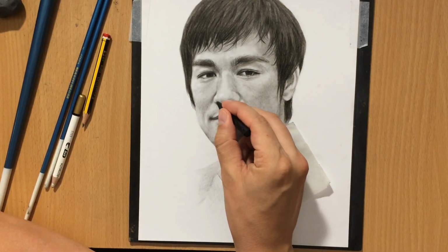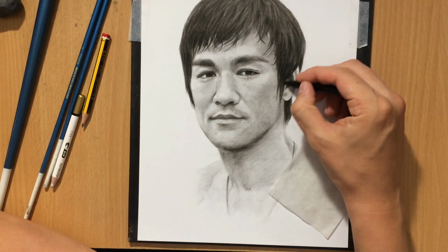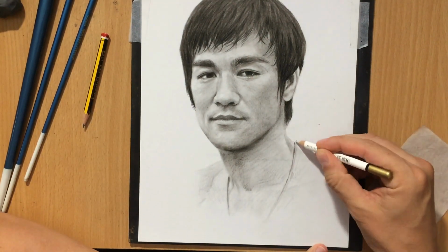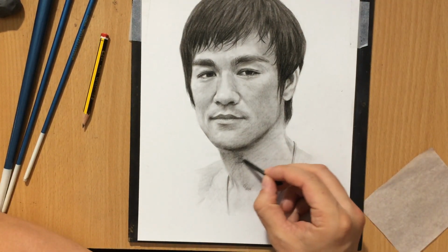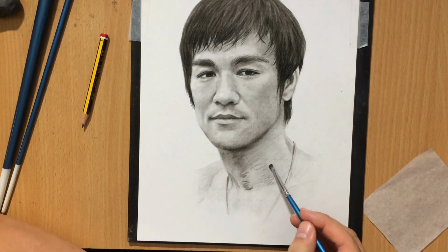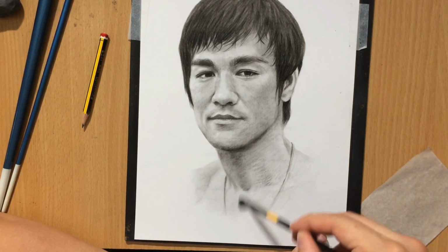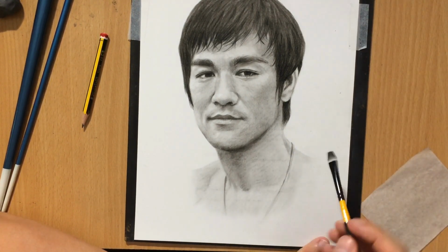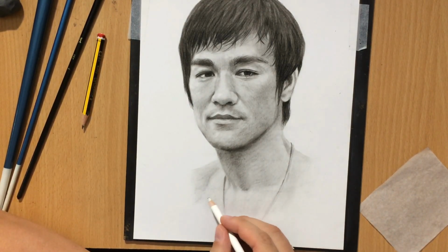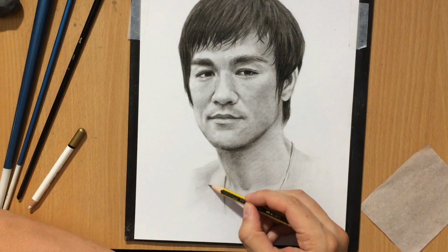I'm not really going to do too much to the rest of it because it's going to be sort of a vignette, so I'm not going to draw all the way to the edge of the paper. I'm just going to do a little bit more work on the shading of the neck and emphasizing the transition between the neck and the chin and the jaw. He's wearing some kind of necklace or a chain, so I'm just going to put a little more detail in there as well, but I'm not really particularly interested in that. I mostly wanted to focus on the portrait, so